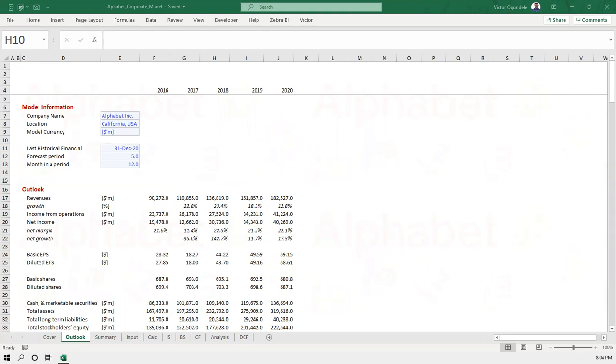From the presentation, you'll be able to understand how we get some of the assumptions and gain a little more knowledge on corporate models.